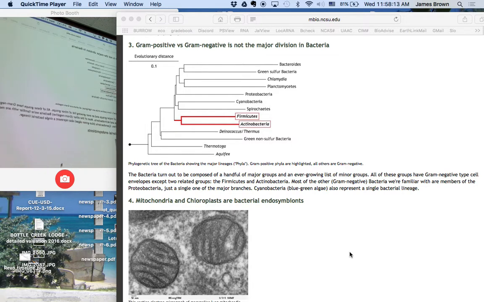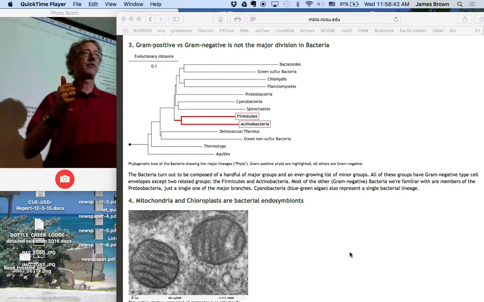The commonality here is just that when you soak them in crystal violet, it sticks really well. That's it. That's all it means. These two groups, the chlamydia and planktomyces, also lack an outer membrane. But they don't stain gram-positive, and so they're not usually considered to be gram-positive in the usual sense. So there is no gram-negative, gram-positive division in the bacterial world.